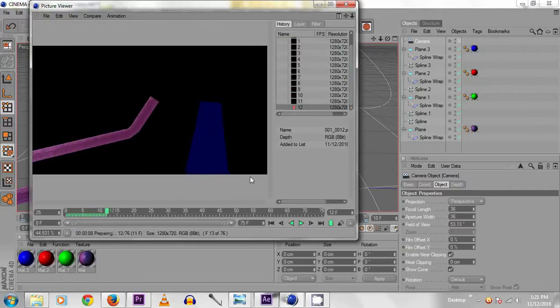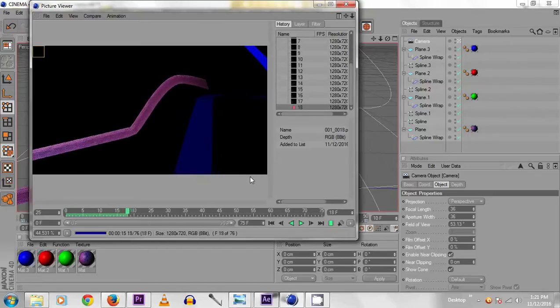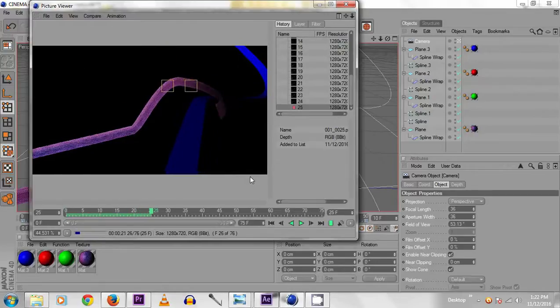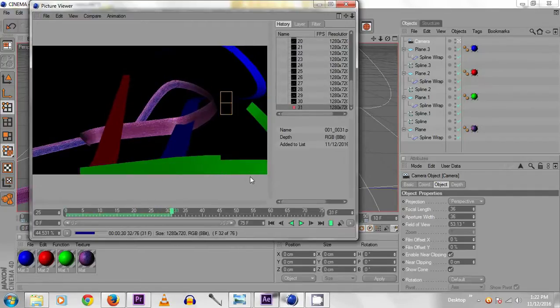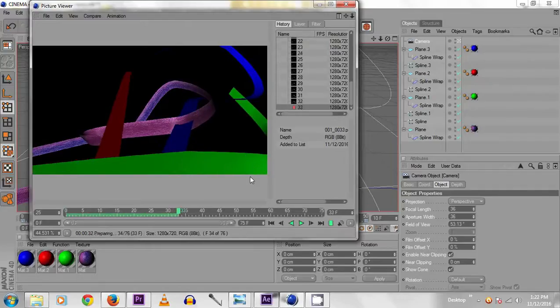We have the animation in step-by-step PNG frames in the selected location. Then we have to composite in After Effects with our scenes.